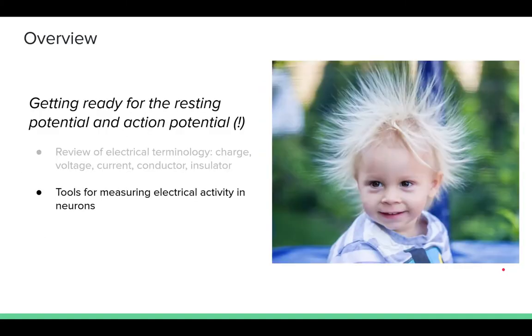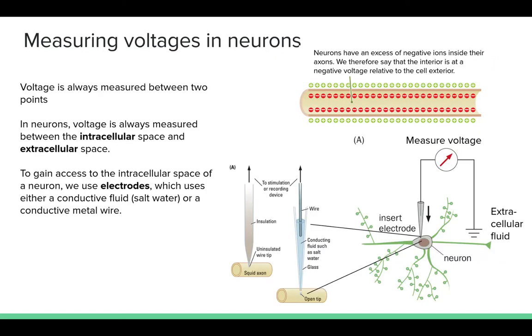I'm going to just tell you very briefly about how we actually do this in real neurons and in real neural tissue. So in general, the way that we do this is through microelectrodes. Remember, as I said, neurons maintain an excess of negative charge inside relative to the outside of the cell. And if we want to measure this, we can take a very, very thin, very sharp